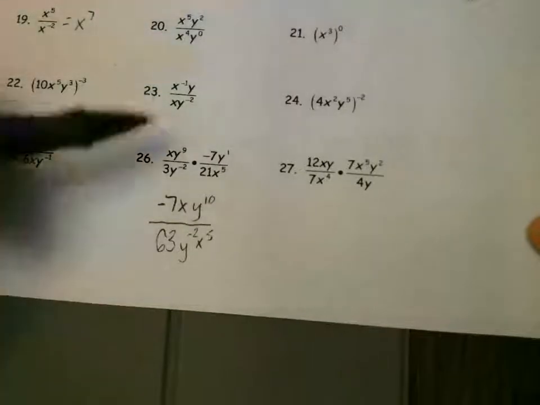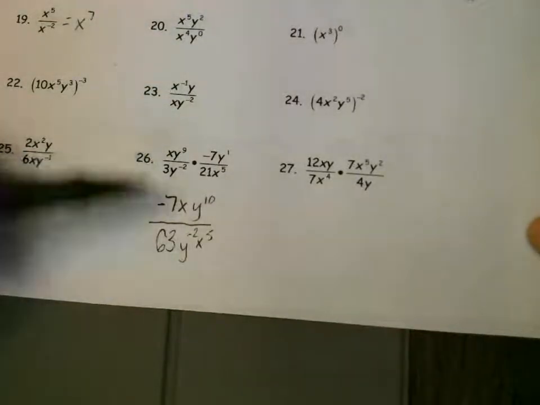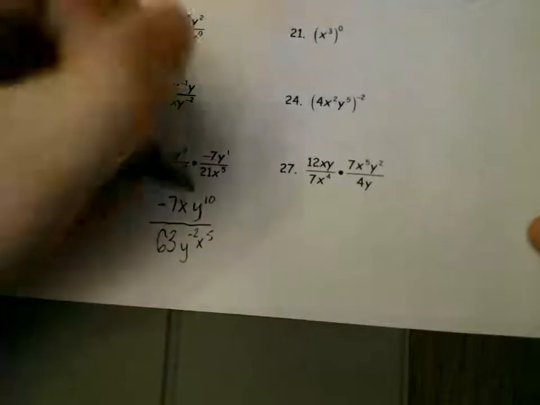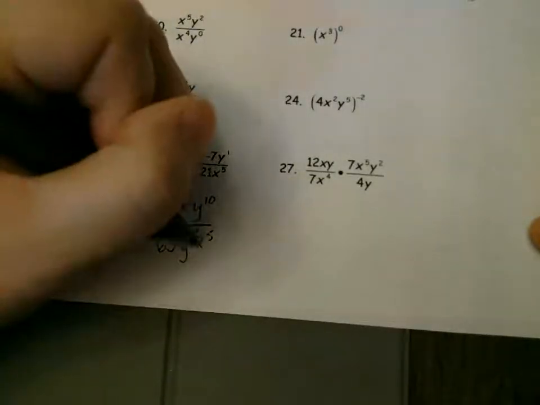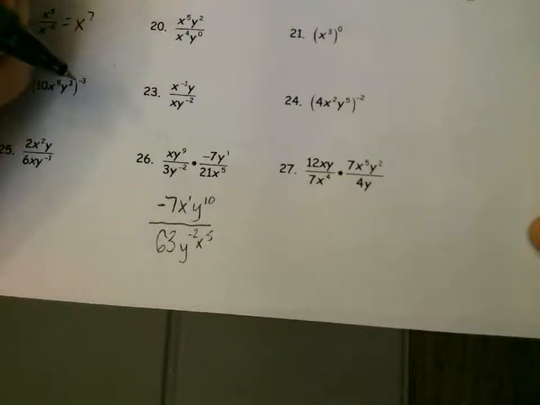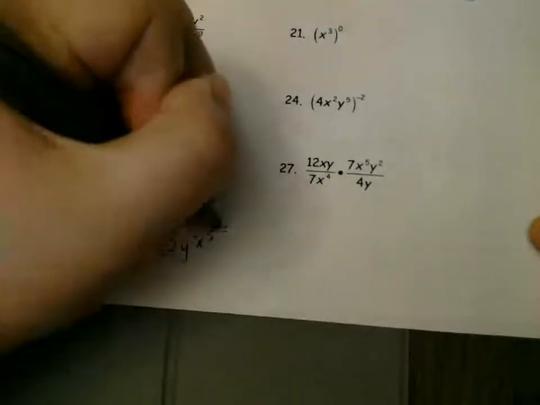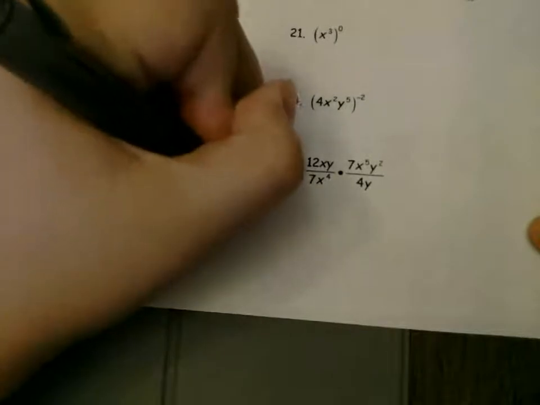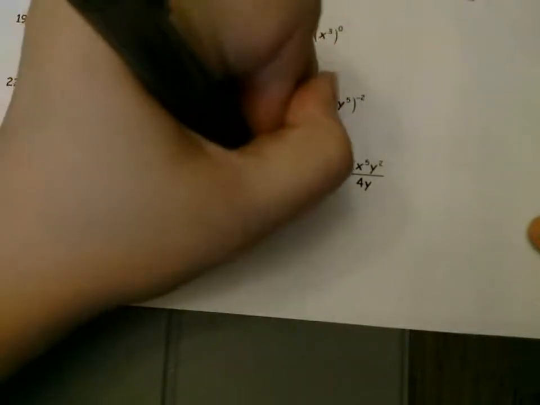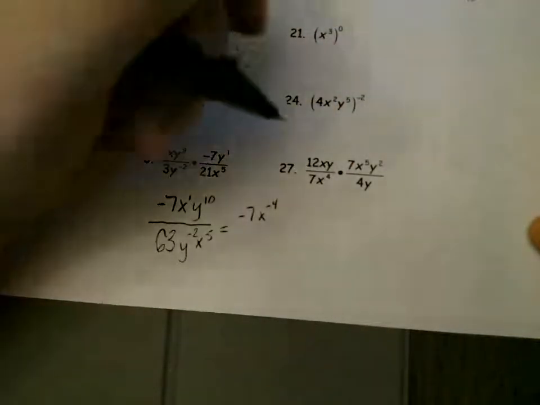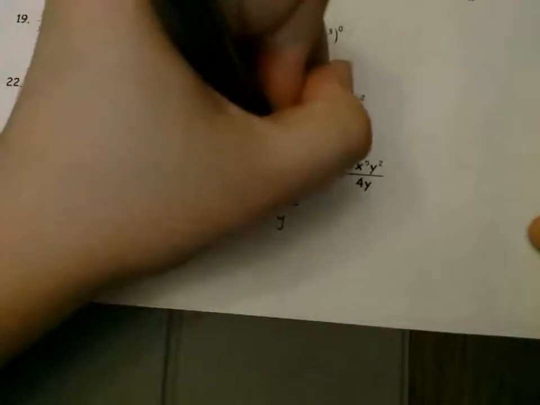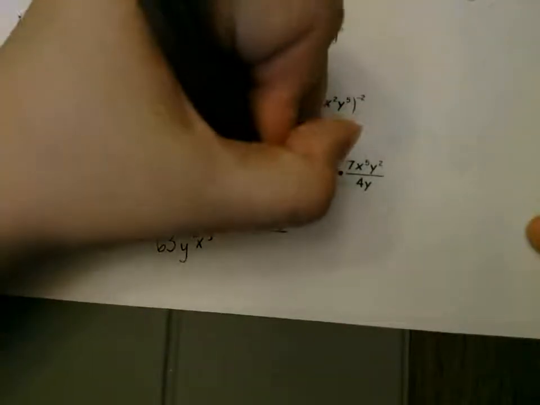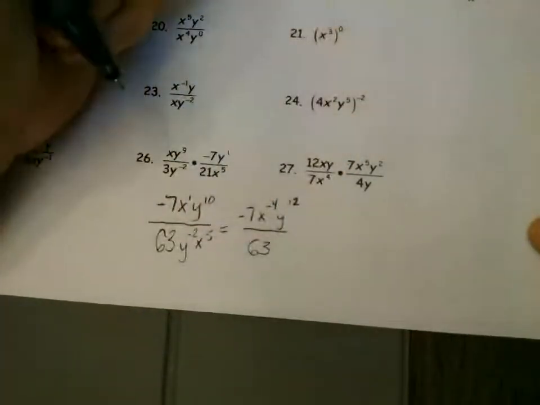Now I can start working through the power of quotients. So I have x to the power of 1 up here, subtracting x to the power of 5. So in other words, I now have negative 7x to the power of negative 4, and then y to the power of 10 minus negative 2, which is y to the power of 12, all over 63. But,